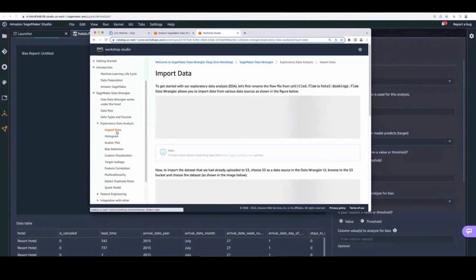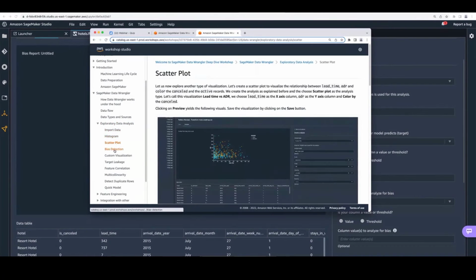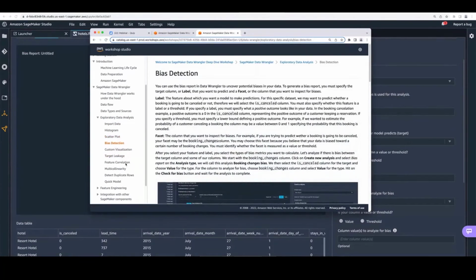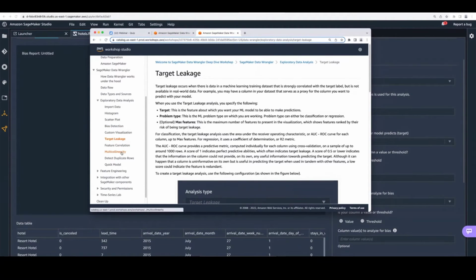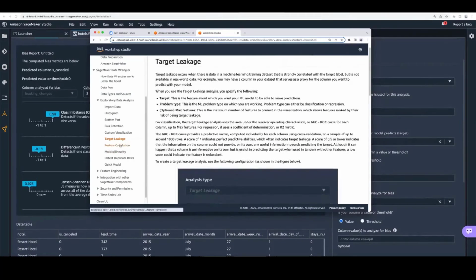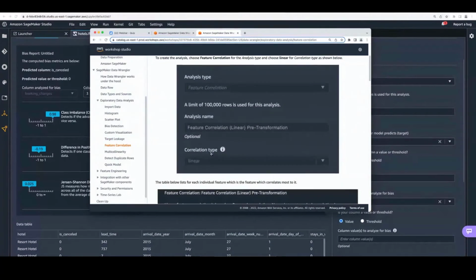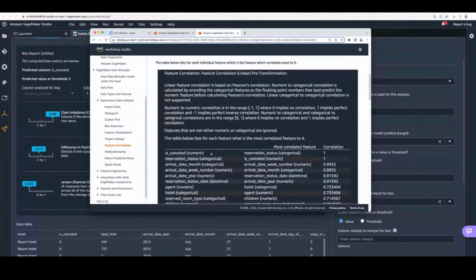Right here, we talked about importing data. We looked at histograms, scatter plots, bias analysis. We touched on target leakage. I'm going to skip through feature correlation and multi-collinearity for the sake of time, but as we're going to start dialing in transformations,